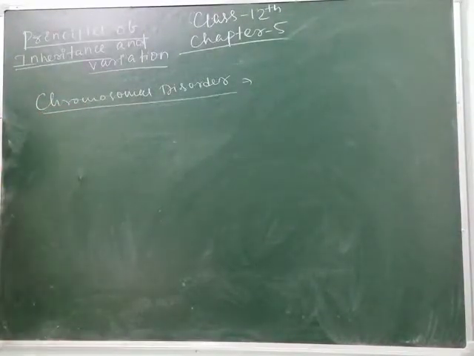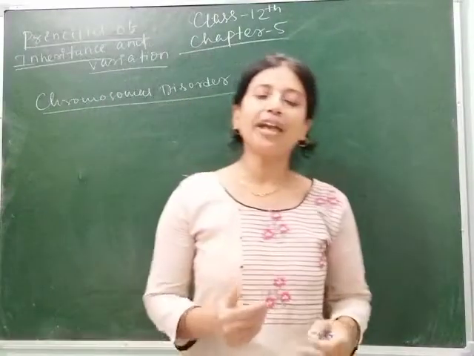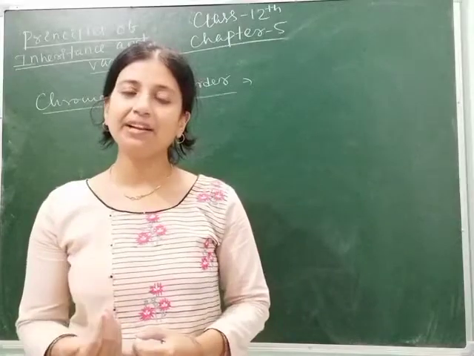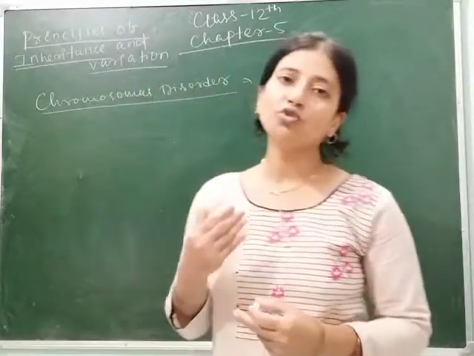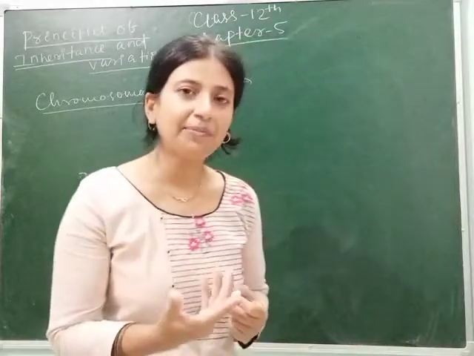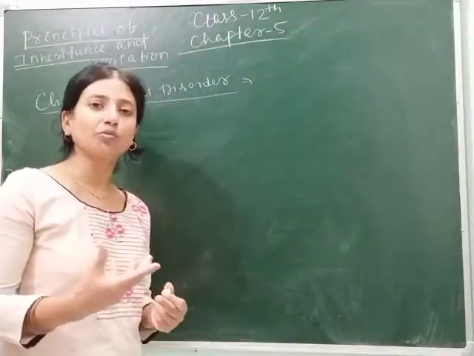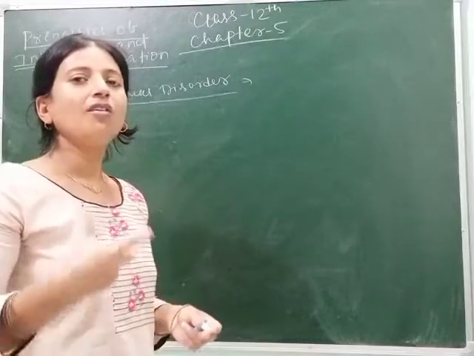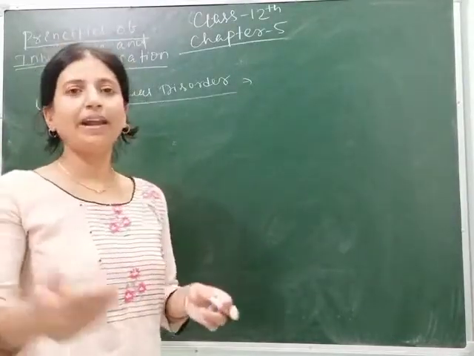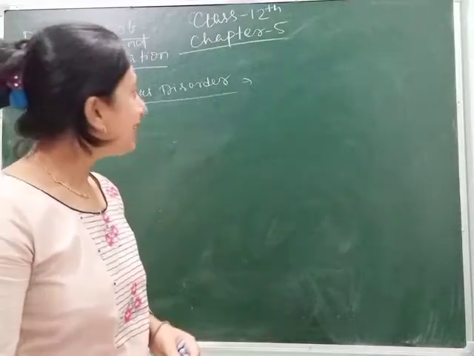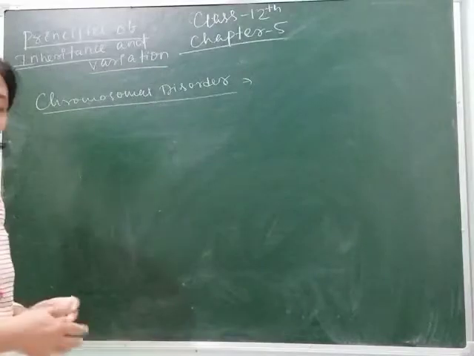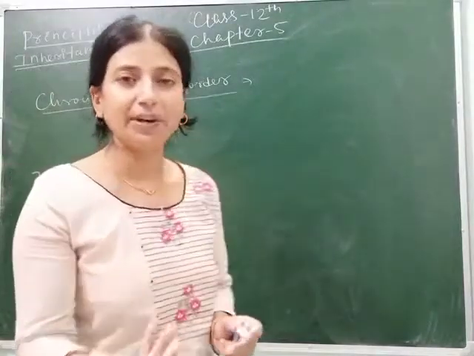What do you mean by chromosomal disorder? It means when you see any disorder in the chromosomes, either the number of chromosomes gets increased, whether it is a single chromosome or more than a single chromosome, or one or more chromosomes get deleted, or extra chromosomes appear in the species. That causes chromosomal disorder. So I have explained why this is called chromosomal disorder.